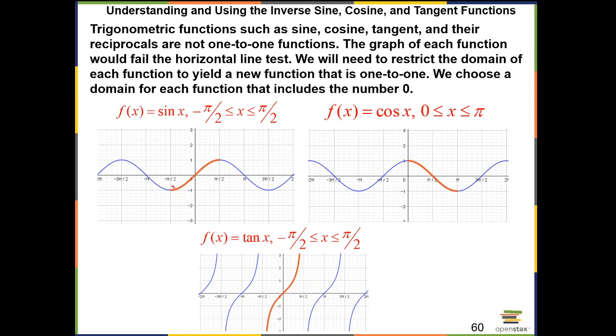So for sine, we're going to pick this part from here to here, and that is negative pi over 2 to pi over 2. So we are going to restrict the domain of sine only in this region and find the inverse of this. The inverse really doesn't have any formula, it just has a definition, which means that the inverse of this, we're going to call it f inverse, and the notation for it is sine, and we put a negative 1 up there